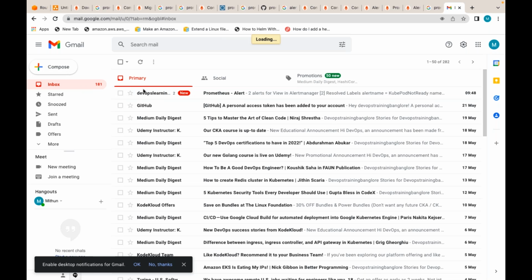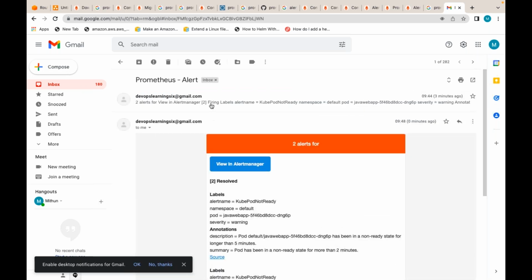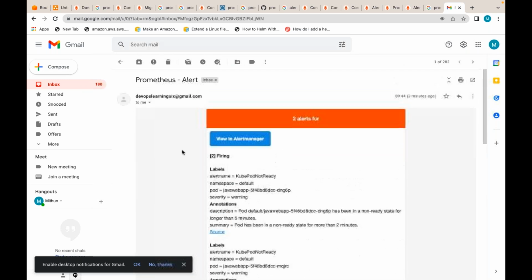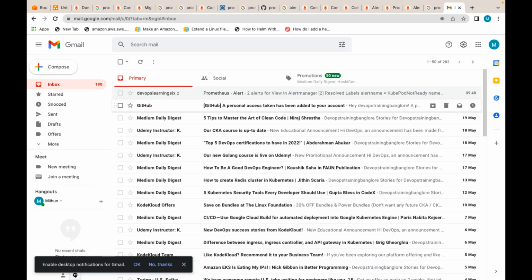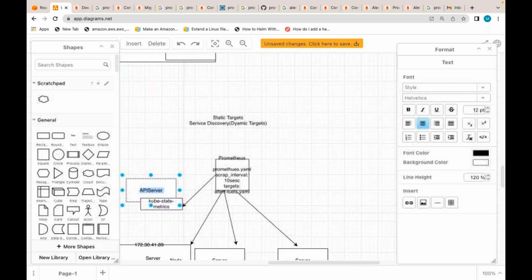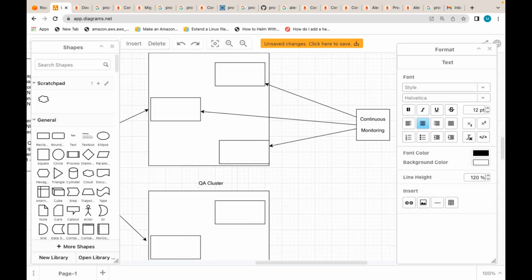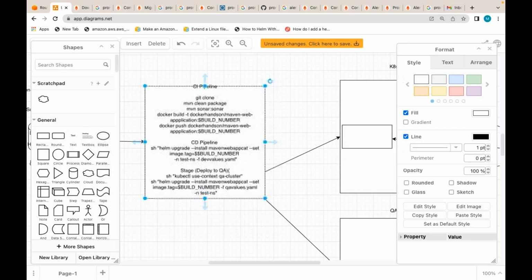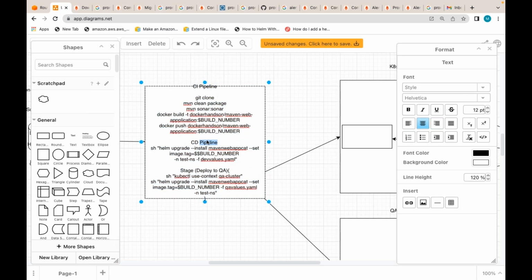Now I got one more mail because I had not taken any action. But after this issue is fixed, will the team continuously get notifications from the Prometheus Alertmanager? No. So this way, if I have monitoring in place, then just as we are doing continuous integration and deployment,